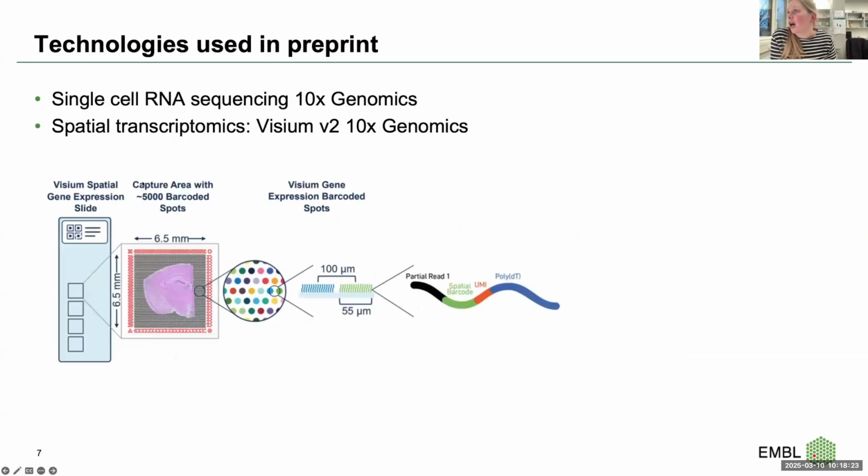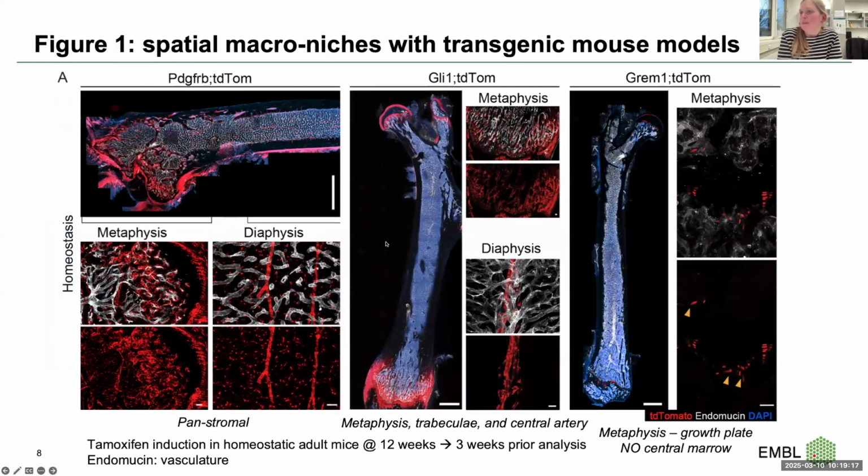And just briefly, because single-cell RNA-seq we are all very familiar with now, but Visium maybe is not yet very familiar. Just as a recap, this is a capture slide which contains these barcoded spots, visualized here with different colors. It contains an oligo that has a poly-dT sequence, so this poly-dT can bind to poly-A-tailed mRNA. In this way, the mRNA is captured from the tissue and covalently bound to the Visium capture slide, and then this can be sequenced. The resolution will be the resolution of the spots, in this case 55 micrometers in diameter. So it's not single-cell resolution, it's more areas. You could say it's like little spots of bulk RNA-seq, basically. So yeah, in the first figure,